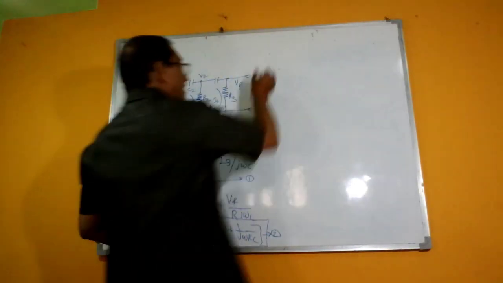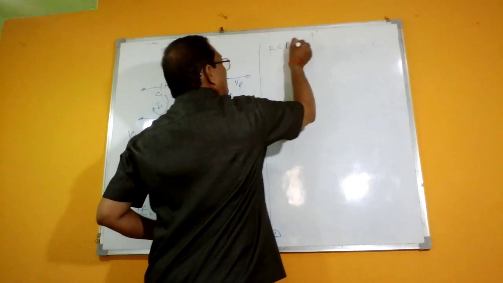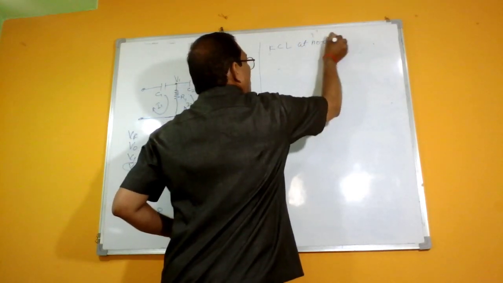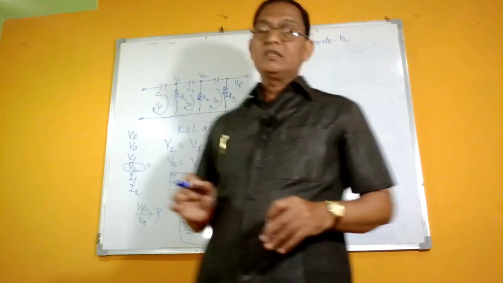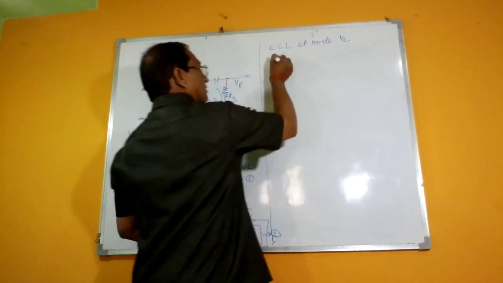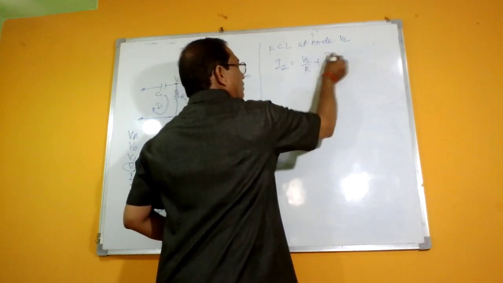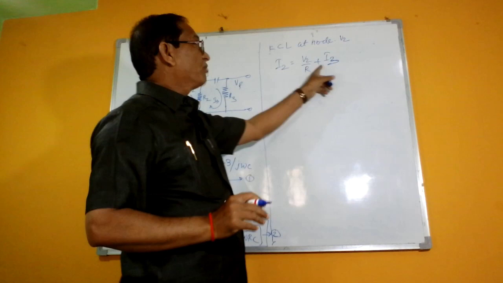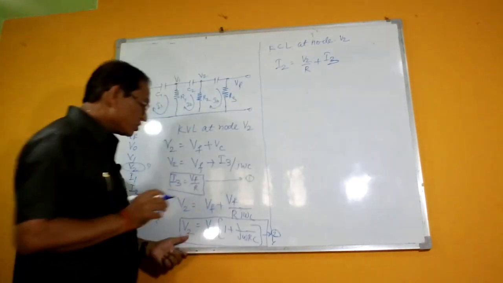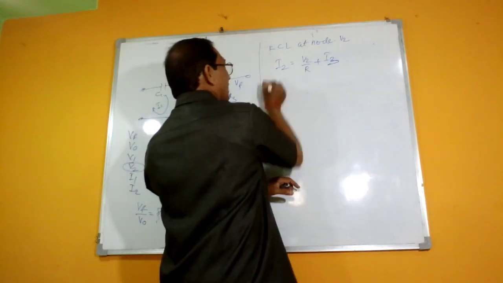Now applying Kirchhoff's current law at the node V2, we will get the value of I2 to be V2 by R plus I3. The I2 value is obtained by V2 divided by R plus I3. V2 is known to us, I3 is known to us. Substituting these values from equations 1 and 2, we will get I2 equal to